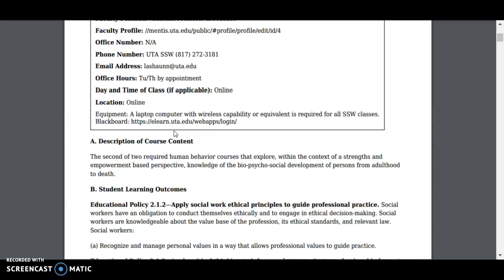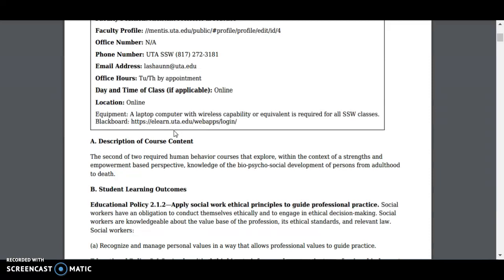So here is the syllabus, and it talks about the description of the course content. This is the second of 2 required human behavior courses that explore, within the context of a strengths empowerment-based perspective, the biopsychosocial development of people from adulthood to death. So we will be exploring in this course the beginnings of life, including pregnancy and conception, all the way through to the end of life. And so it's a really interesting course that I think you'll enjoy as we go along from module to module